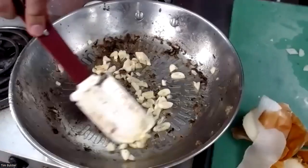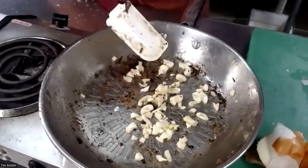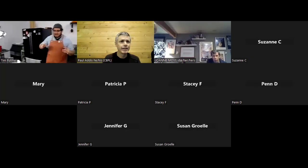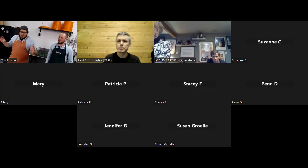So what do you have your burner on there, Gene? Medium, a higher medium. As soon as you can start smelling the garlic, which I'm gonna smell right now because I'm right in it, and it starts smelling very fragrant, then we're gonna start adding in the onions and scraping everything out of the bottom of the pan. Once it gets a little bit almost translucent,